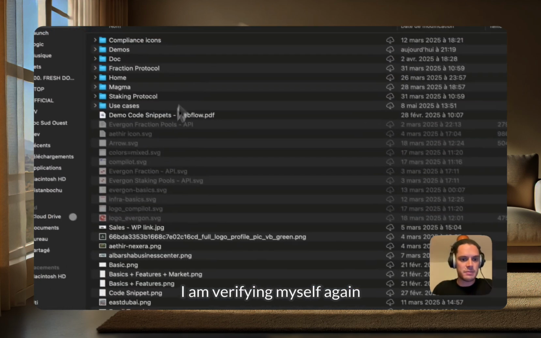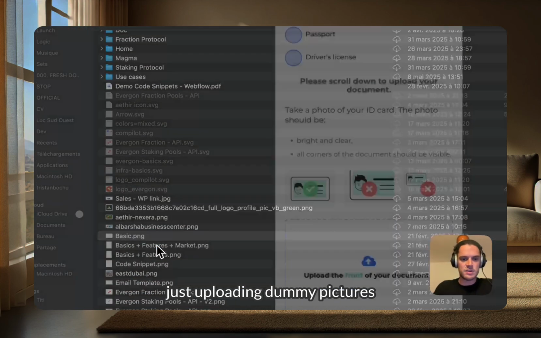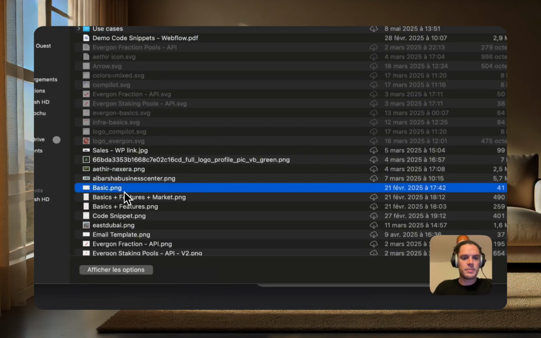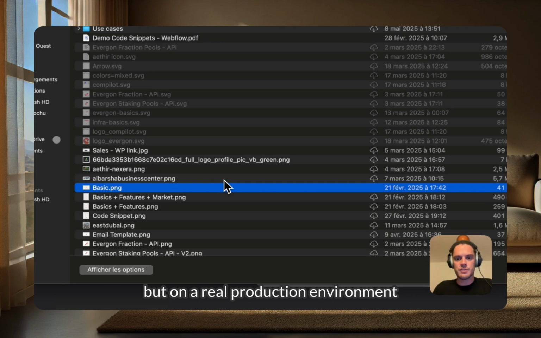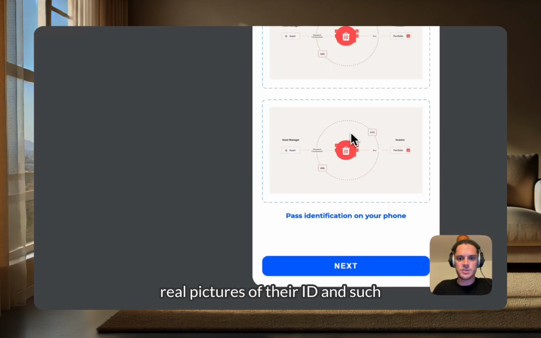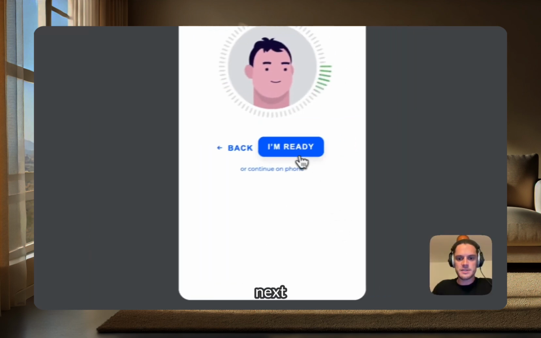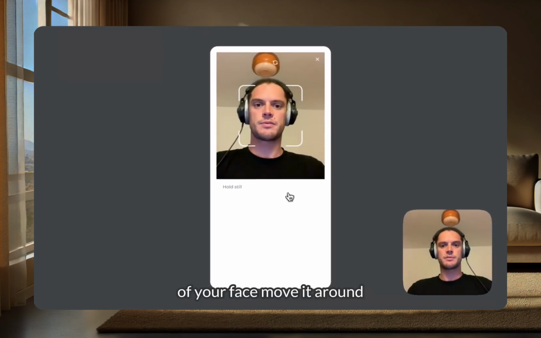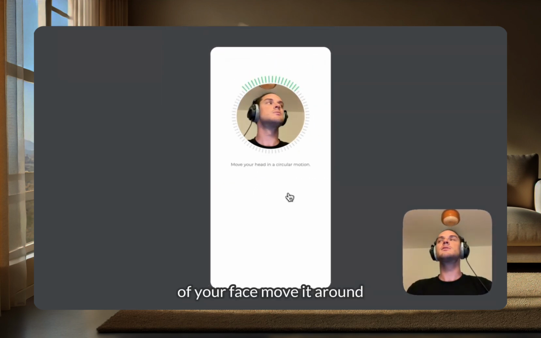I am verifying myself. Again, just uploading dummy pictures that actually don't matter. But in a real production environment, of course, the user would have to upload real pictures of their ID and such. Next. This is the moment when you take a little picture of your face, move around,